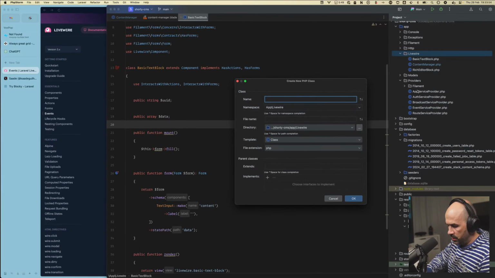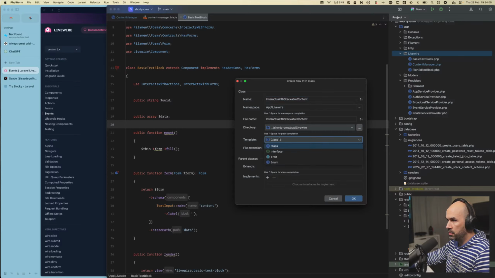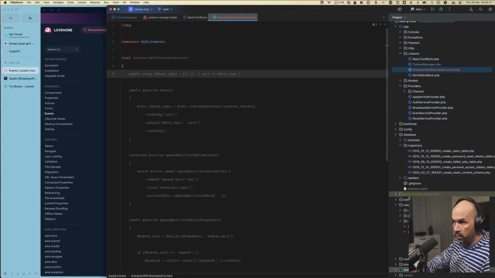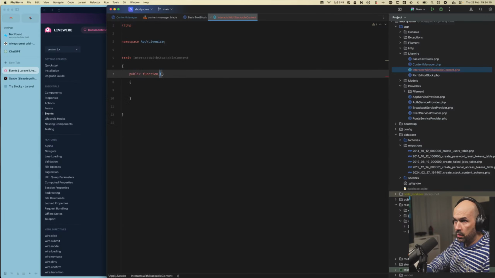So let's make interacts with stackable content. Interacts with stackable content. Let's do this trait. And if all goes well, we can save by listening